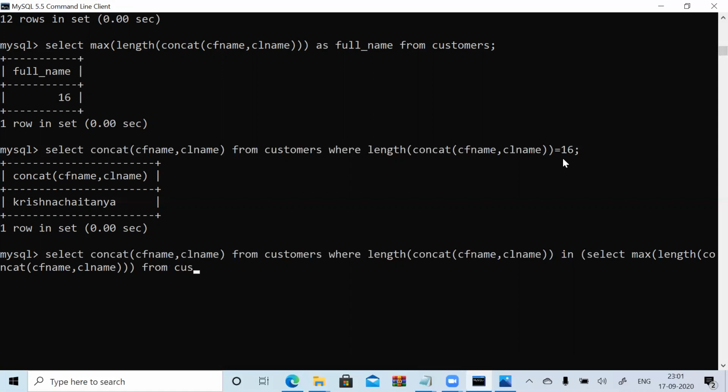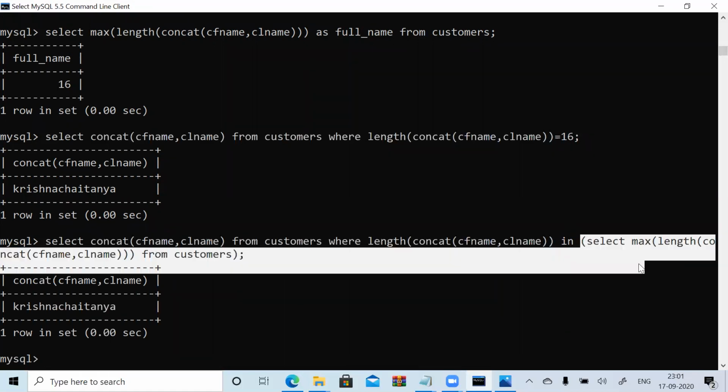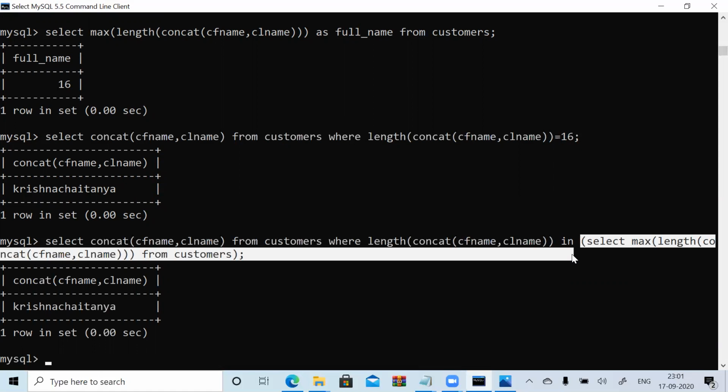Just don't get confused, customers. See, again it is getting right. So if you check it, my dear, now what is this? This is giving 16, that's it.